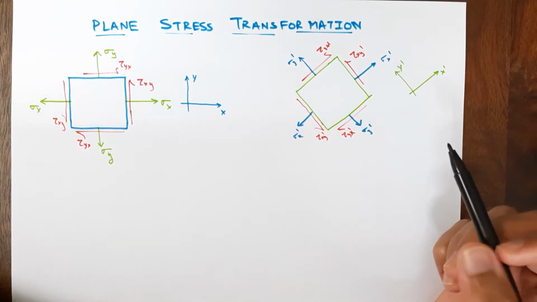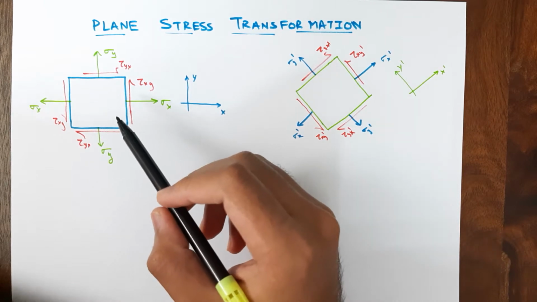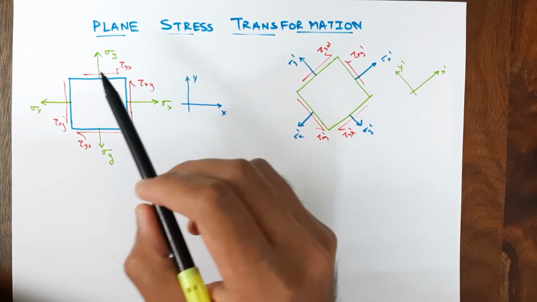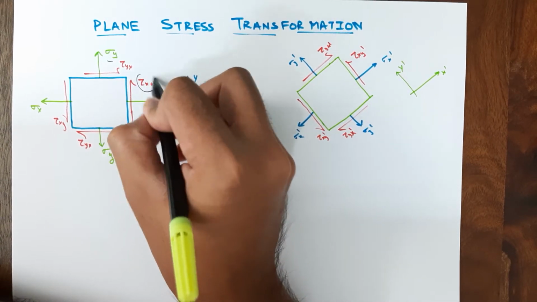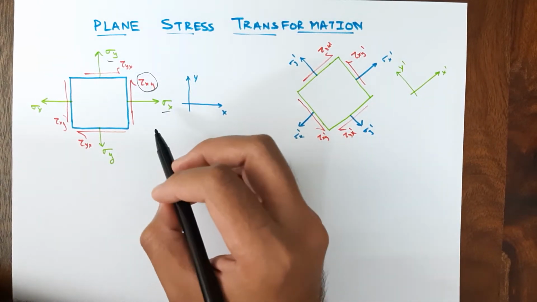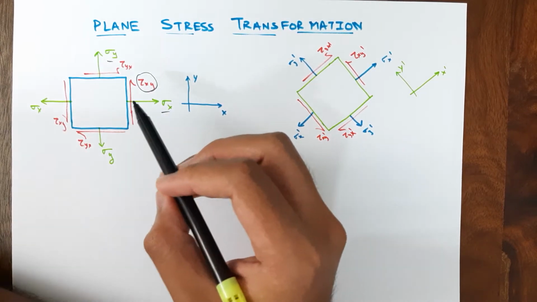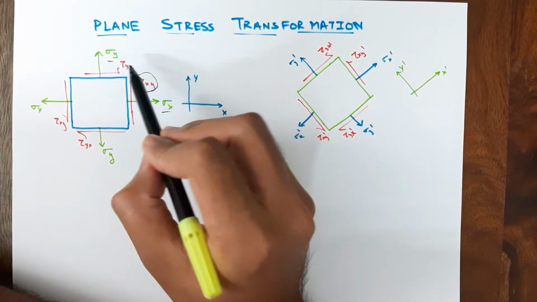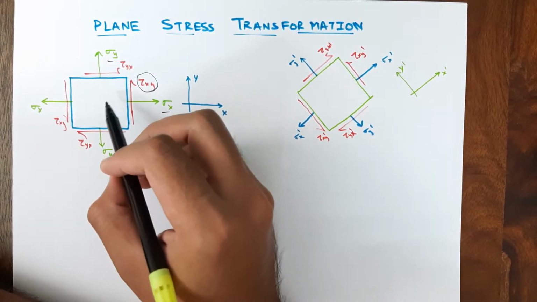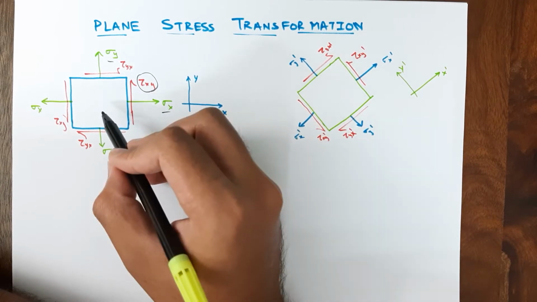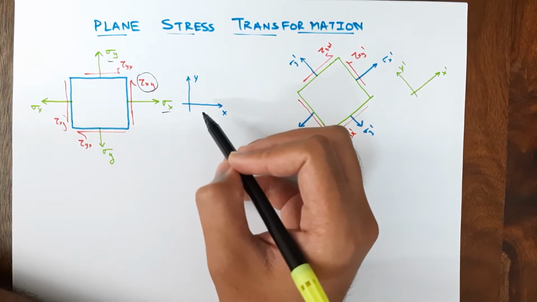So basically we know when a 2D plane stress is represented in a general state, it can be represented using two normal stress components and a shear stress component. So at a point for a specific orientation there will be only a unique set of values for the normal stress components and the shear stress component. So our element at a point is oriented in this way, and the xy coordinate system are like this.